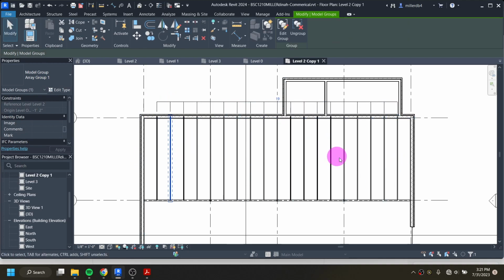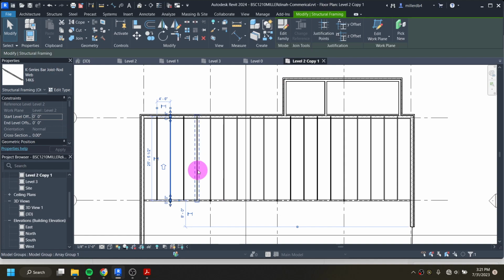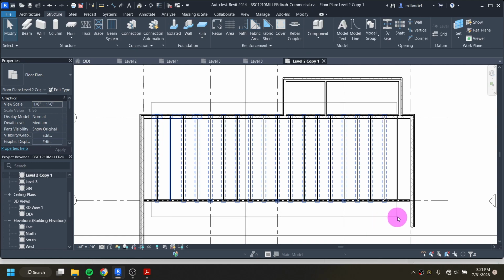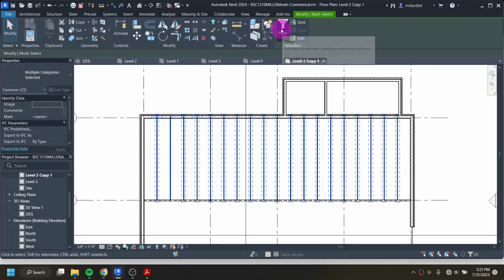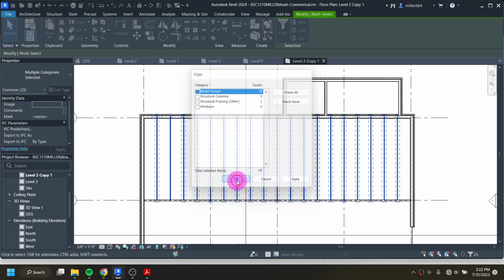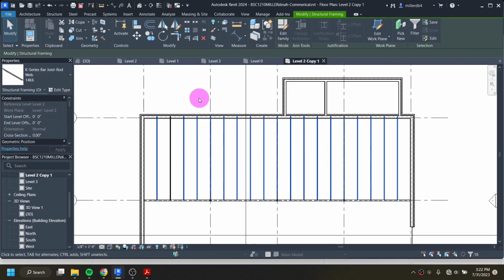As I mentioned, I have made this building before. One thing that an array does that sometimes isn't great is it does keep it as a modeled group. So we can say that we want to ungroup it. Each of these is still a model group. So what I'm going to have to do is kind of select them like so, filter out my selection, uncheck everything except the model groups, and then ungroup them. And now each one of them should operate as its own structural framing piece,